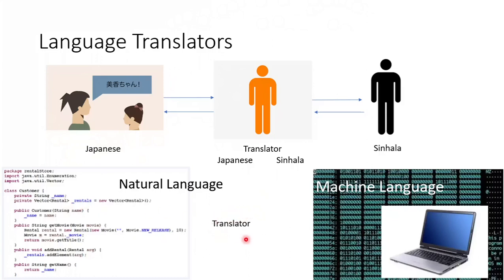So there should be a translator in between these two entities, right? So this is a translator. Under computer operating systems, we can find a translator for converting program code into machine code. That is the job